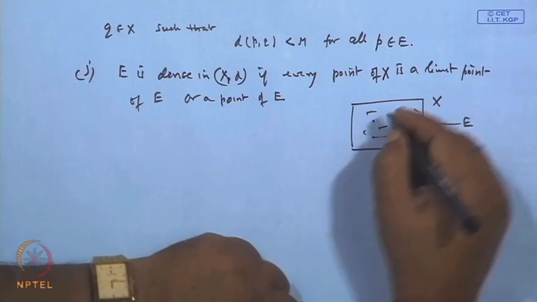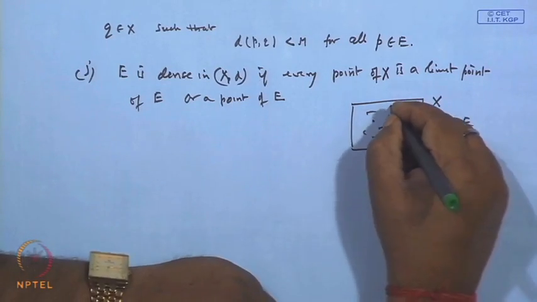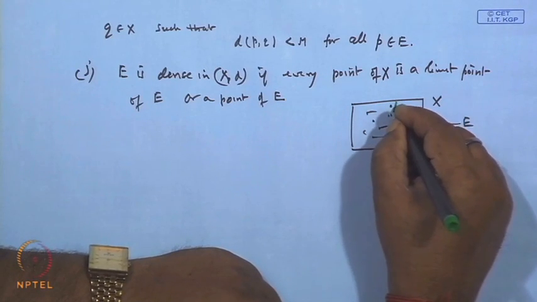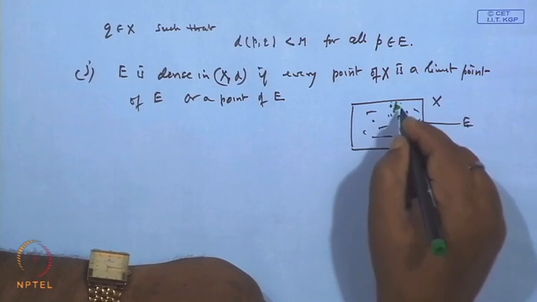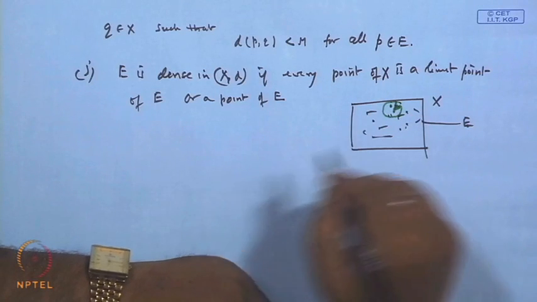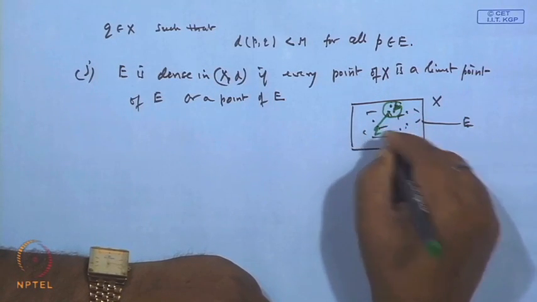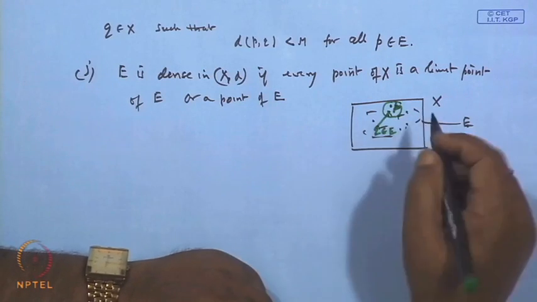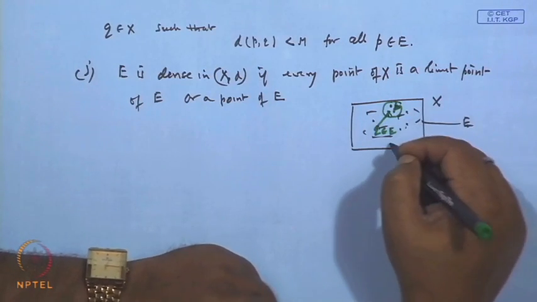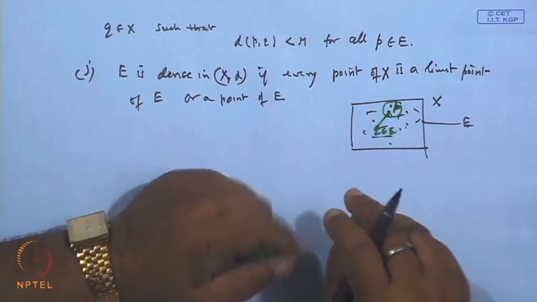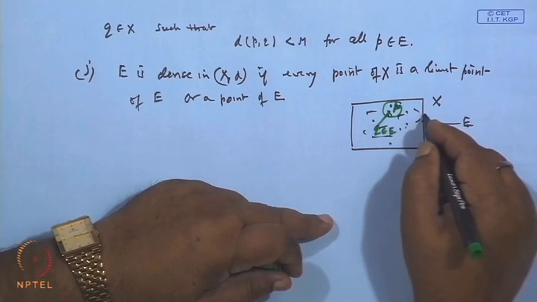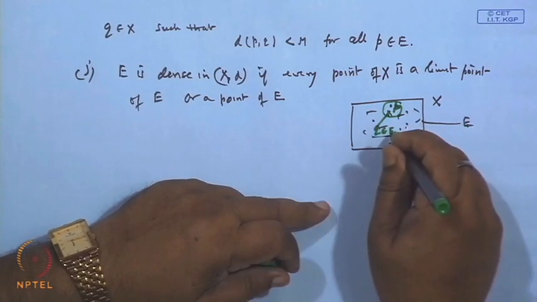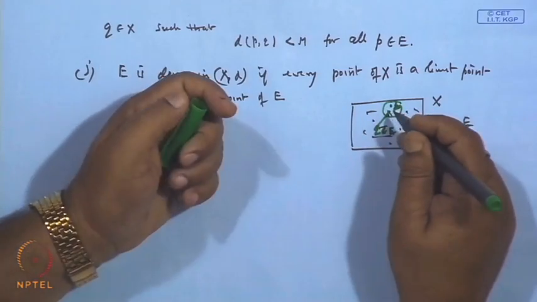So, if we take any point X, say here, then this point will either be a point of E, or if it is not a point of E, then it must be a limit point of E. Limit point means if we draw a neighborhood around the point P, there must be some point Q of E which is different from P. So in this case the elements of X and E are so close to each other that you cannot separate them. As soon as you take any X and draw a neighborhood around it, you will always find some point of E different from this, or maybe the point itself is a point in E. In such a case we say it is dense.